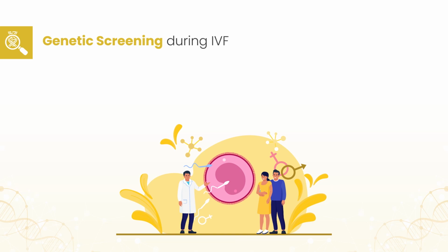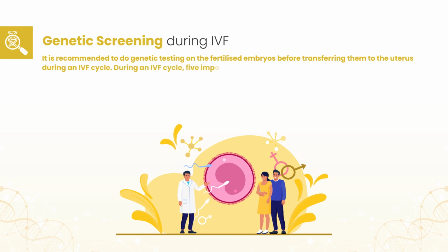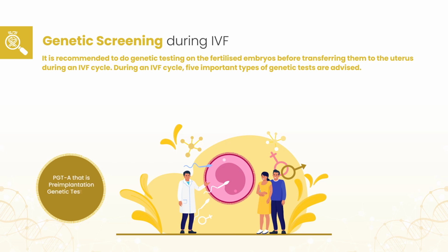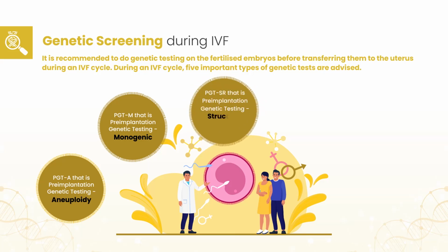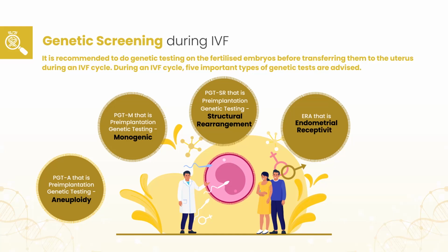Genetic screening during IVF. It is recommended to do genetic testing on the fertilized embryos before transferring them to the uterus during an IVF cycle. During an IVF cycle, 5 important types of genetic tests are advised. 1. PGT-A, that is pre-implantation genetic testing, aneuploidy. 2. PGT-M, that is pre-implantation genetic testing, monogenic. 3. PGT-SR, that is pre-implantation genetic testing, structural rearrangement. 4. ERA, that is endometrial receptivity analysis. 5. Miscarriage screening, that is product of conception genetic tests via